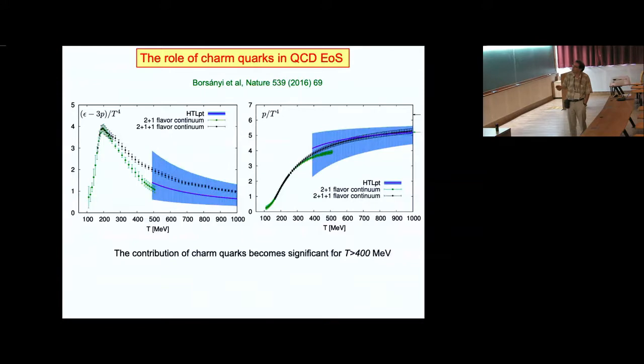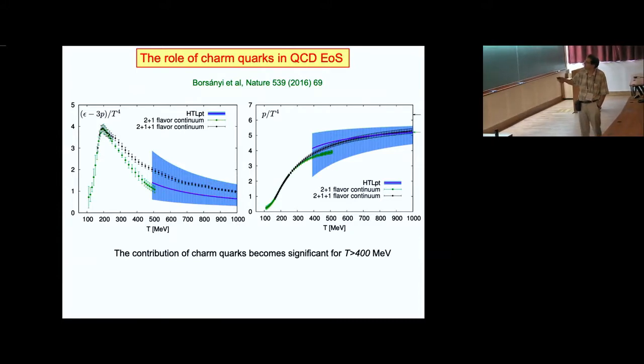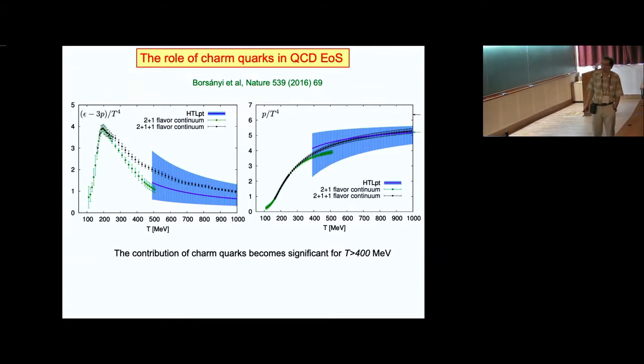4 flavor. So what you see is that trace anomaly shows some effect or some sensitivity to the charm quark mass. So already at temperature like 400 MeV, you start to see that the 3 flavor calculation and 4 flavor calculation, which includes the charm quark mass, start to differ. And in the pressure, again, the same pattern. So certainly already at temperature 500 MeV, you see a significant difference between 2 or 3 flavor calculation and 4